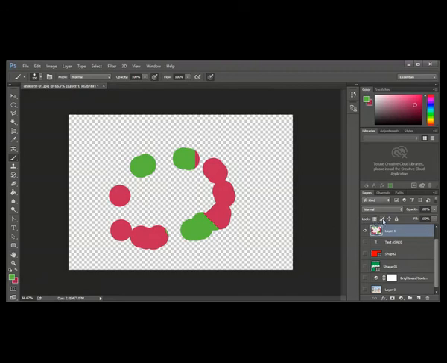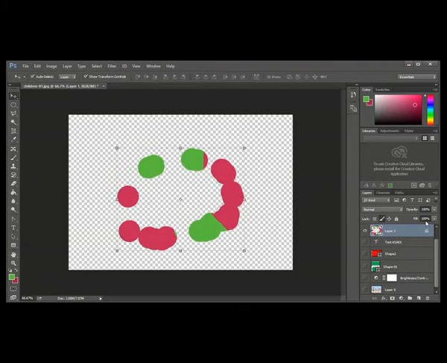Okay. This second option is the locking of the pixels. That means if you lock this, you can't draw anything at all. Whether on the transparent area or on the object or anything, you cannot draw anything. You see that it's showing a lock. You can't draw anything, but you can move if you want. Select the move tool and you can see you can move it. Okay, so that is the second option, the locking of the pixels. And the third one is the move. When you lock this, you can't move this object now. You can't move anything from this layer.